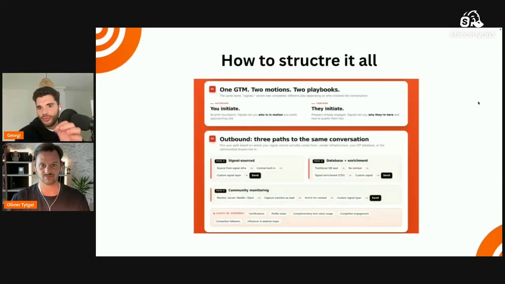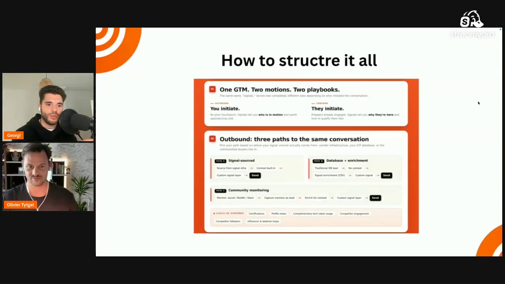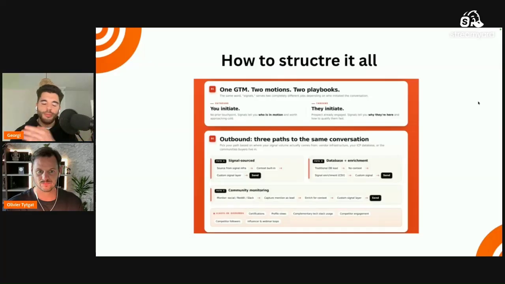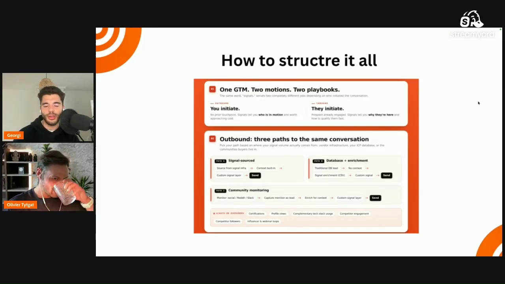Now, from November onwards, engagement signals popped out, and people thought they could have it as the ultimate silver bullet. So this is path number three. And this is where you come across social media, Reddit, Slack monitoring. You manage to identify the person who it is. And then based on that, you still need to repeat the whole motion, right? You still need to enrich for context in order to understand their whole company map and layer your custom signal, because that's what makes you unique. This is why someone is looking for a vendor like yourself, and then you send it.